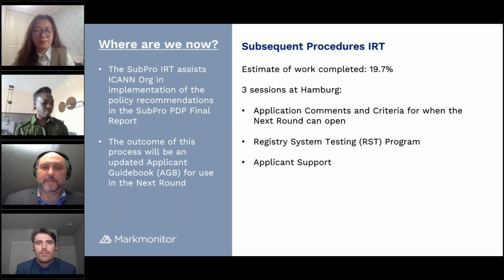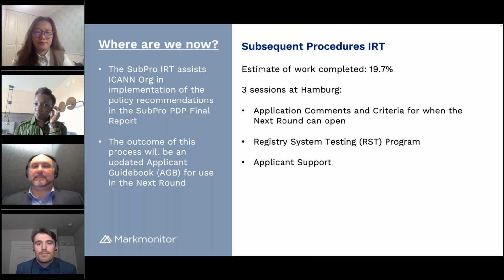The implementation review team is the parties who are assigned to come up with the final implementation of the policy recommendations, which will end up becoming the new applicant guidebook for the next round. At Hamburg, there were 3 different sessions that they had working time on, including discussion around application comments and how that would be reflected in ICANN systems, trying to nail down ICANN to get more criteria for when the next round can open so that we don't have any further delays, discussion around the registry system testing program, which will